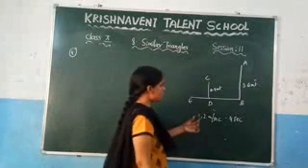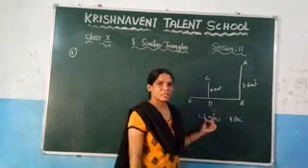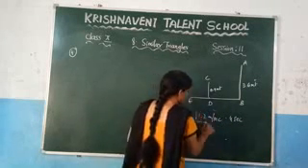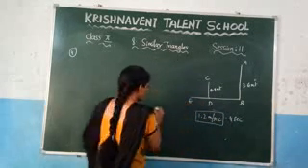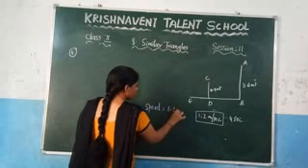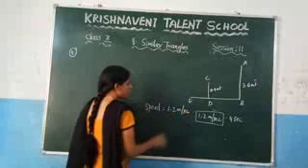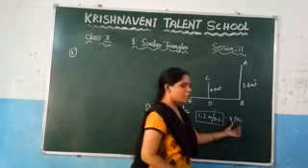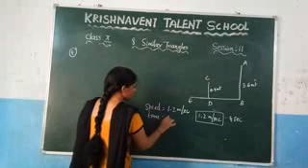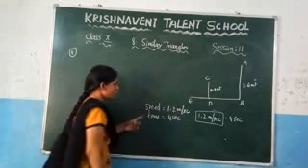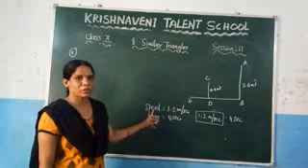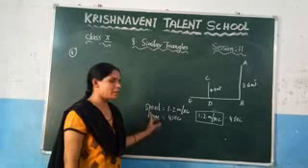Here you can observe what they have given: the girl is walking at a speed of 1.2 meters per second. This is the speed they have given. For how many seconds is she walking? For 4 seconds. That means they have given the time also, which is 4 seconds. If you know the speed and the time, you can calculate the distance, right? You know the relationship between speed, time and distance.